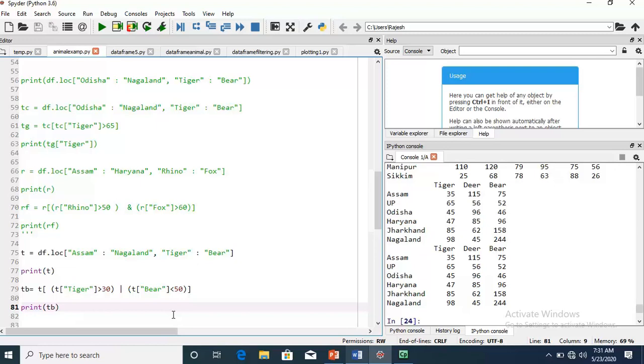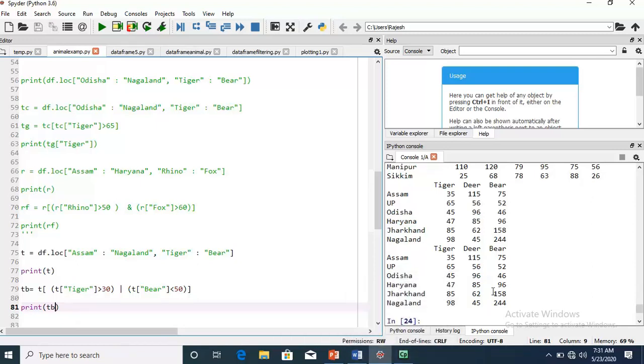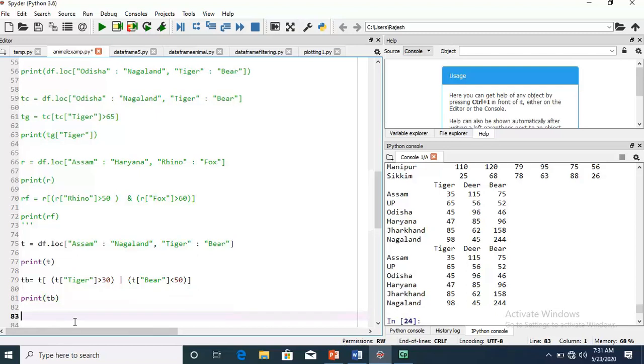Here, these are the states which are fulfilling the condition where the tiger is greater than 30: Assam, these all are, and deer. But we require only the fields tiger and deer.